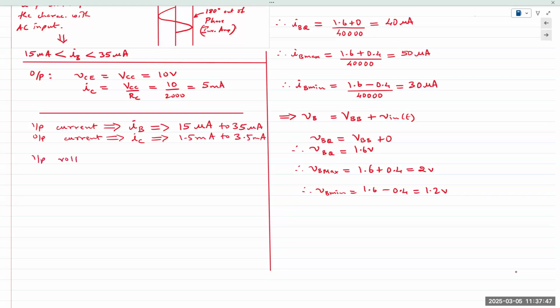Input voltage would be the base voltage VB,